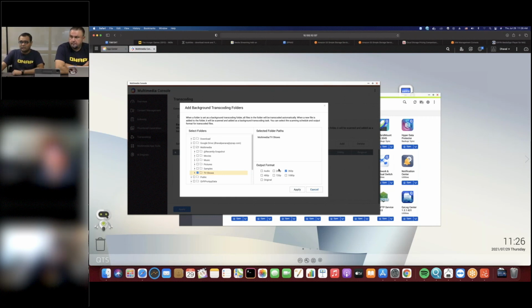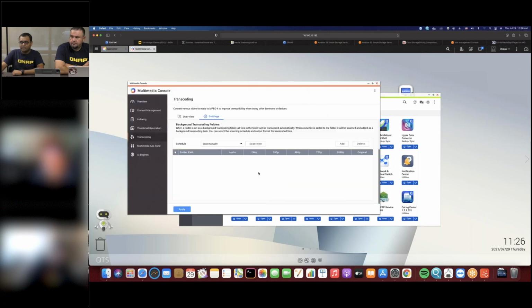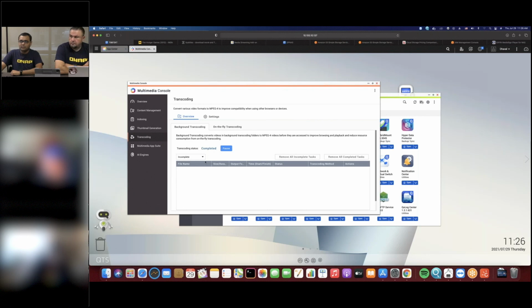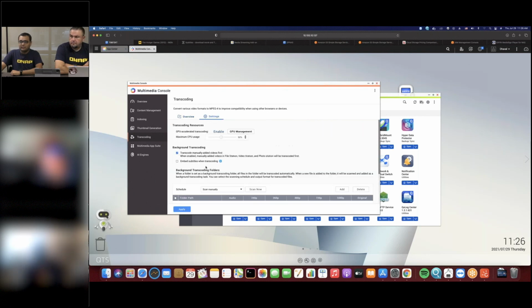So you select those formats and you select apply, and QNAP will start doing transcoding automatically directly from your QNAP NAS. You'll see the progress automatically. It will take a few days to finish. Once you've done that, you at least have a copy of your files in a lower resolution, so you can play back that file. And the overview, okay, going back to settings,